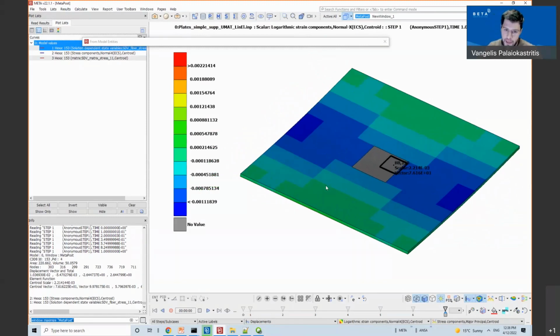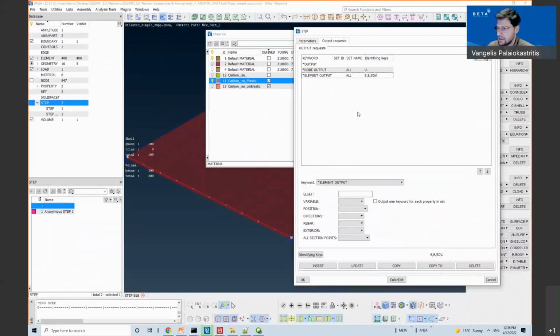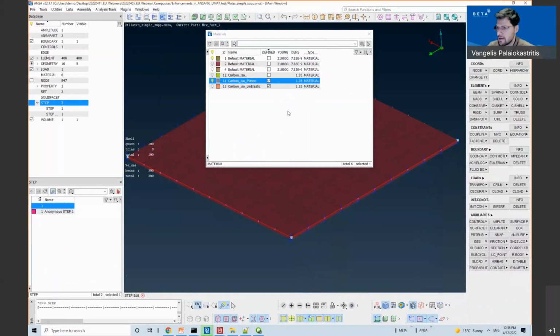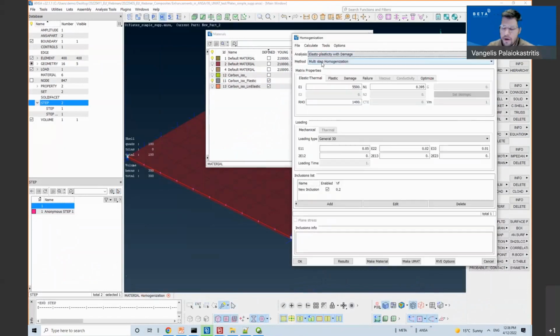Actually, what the UMAT subroutine does is that it performs this multi-step homogenization at every increment of the Abaqus solution.